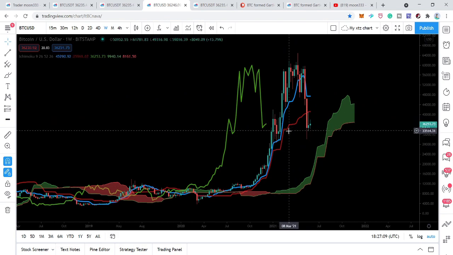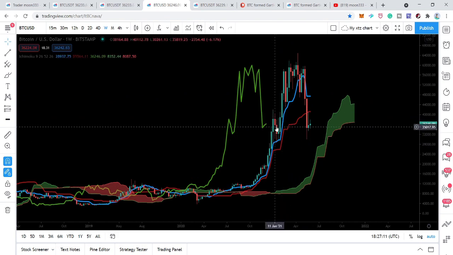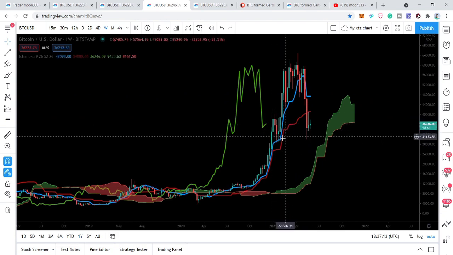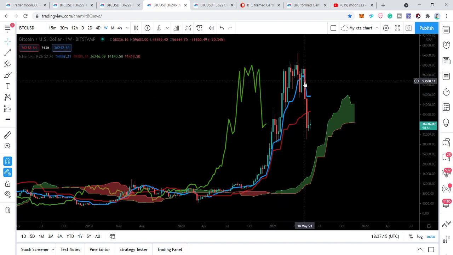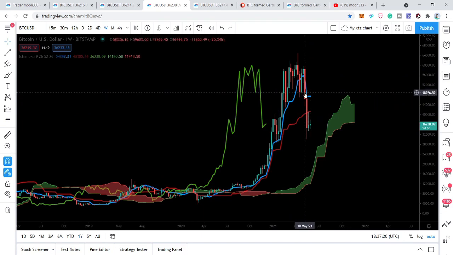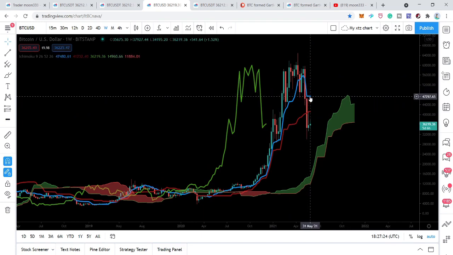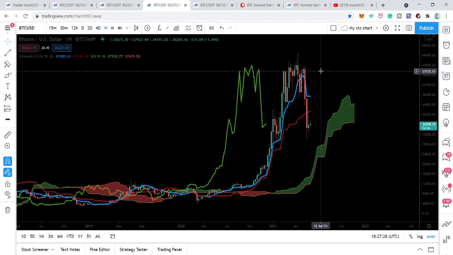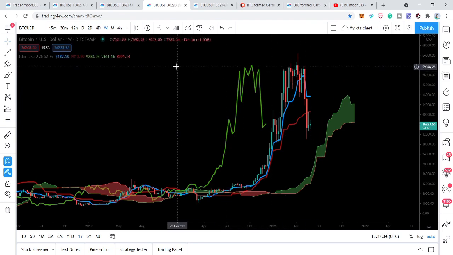Previously we have seen that these lines moved very close to each other but did not form any death cross, and now these two lines were moving towards each other, but now you can see that it is turning to the right side, and soon you will see it can start its move to the upside, and the price action will definitely follow the move of this conversion line and the baseline signals.